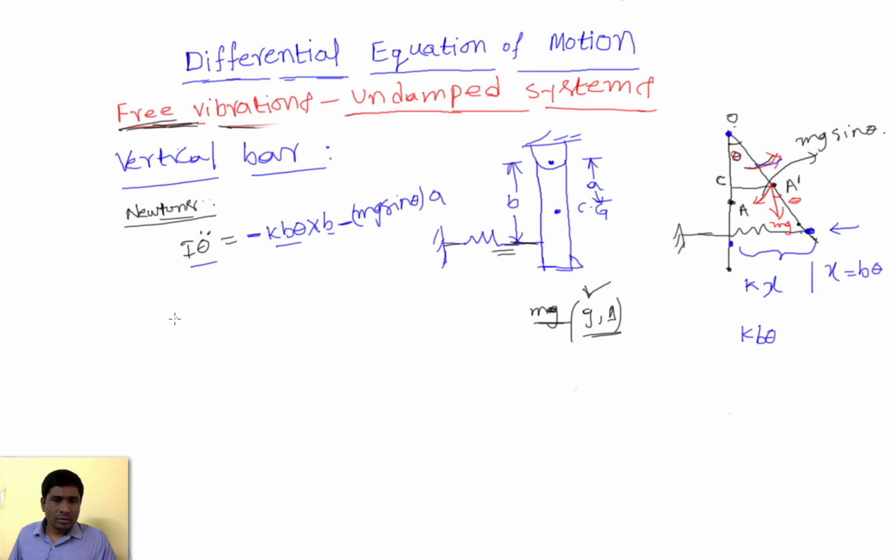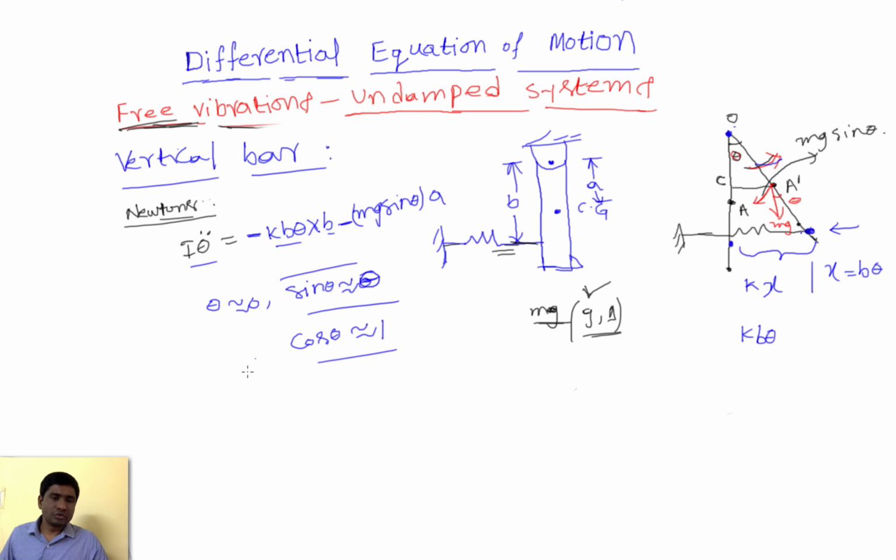But from the starting onwards we have been emphasizing that the amount of displacement or the rotation given is very small. That means theta is very small, it's approaching 0. When theta is approaching 0, sine theta is approximately theta. Why? Because sine 0 equals 0, and sine 5 degrees is approximately equal to the radians of 5 degrees. So in that scenario we can approximate that when theta approaches 0, what about cos theta? Cos theta approaches 1 because cos 0 equals 1.